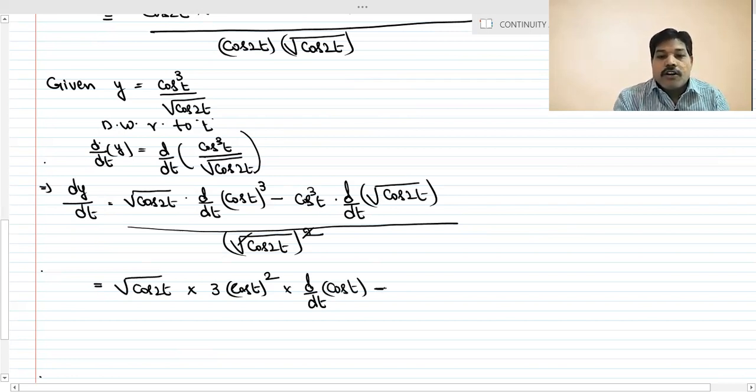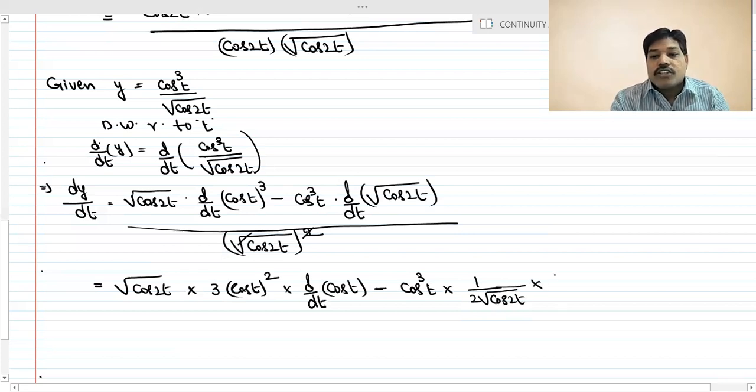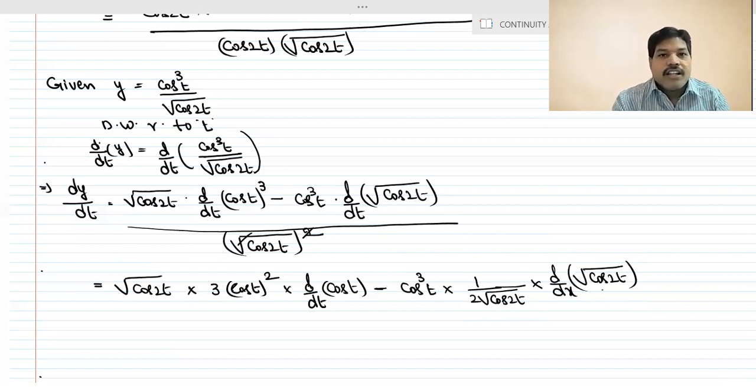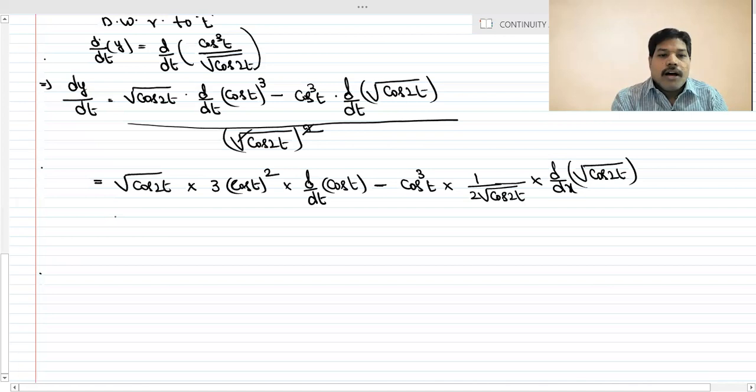minus cos cube t into the derivative of root cos 2t, the root f of x derivative. What is the root f of x derivative? 1 by 2 root f of x into f dash of x, meaning the derivative of cos 2t. So root cos 2t, a lengthy problem, students, but the same procedure as for dx by dt and dy by dt. Those are the formulas I gave previously, so just apply these formulas, whole by